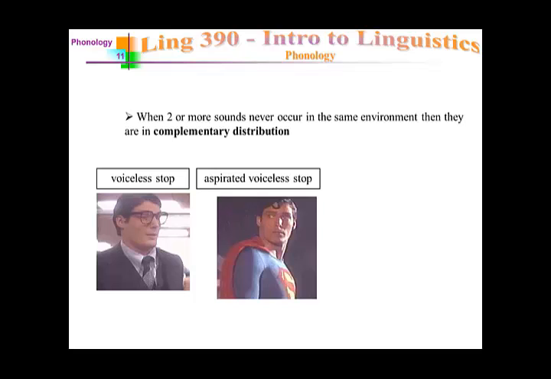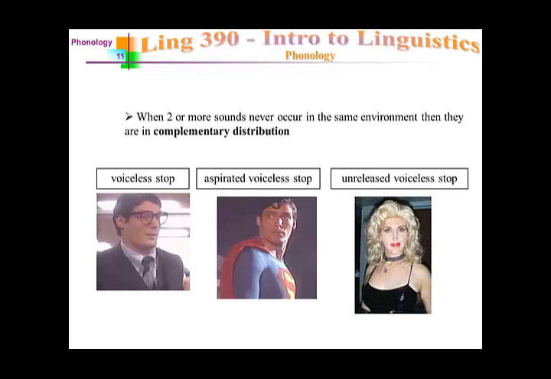Now we know at one level that Superman and Clark Kent are really the same person, right? But they do look, sound, and act differently despite their underlying sameness. It's the same thing with these sounds. They're the same at one level, though at another level we can clearly identify significant differences. And of course, in this example we have a third character, the unreleased voiceless stop, so we'll have to imagine a third persona that this person can take on. This third person is the same person as Superman and Clark Kent, but looks, sounds, and acts different from either